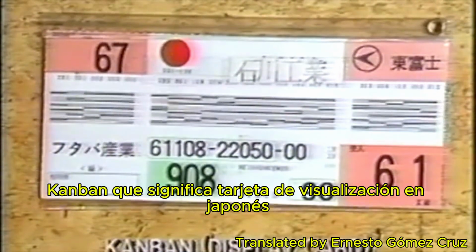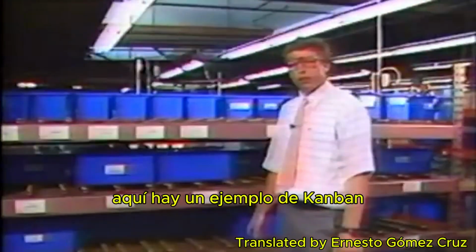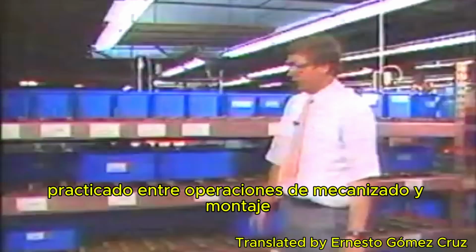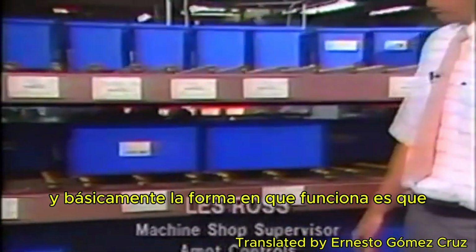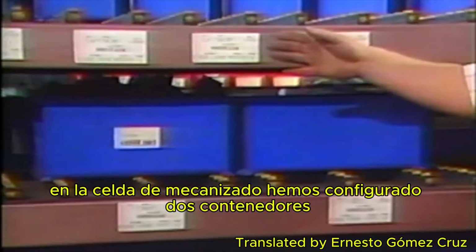Kanban, which means display card in Japanese, is one such production control tool. Here is an example of Kanban practiced between machining and assembly operations. It's what we call a two-bin system or a Kanban system. And basically the way it works is that for every part that we machine in the machining cell, we have set up